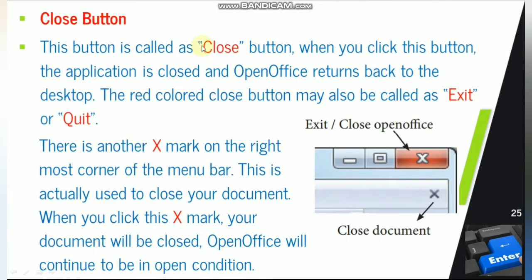And then the close button. You will have two close buttons, so you should be very careful while closing. The red button with the cross mark closes your OpenOffice Writer application. In other terms, it is called your exit button. What you see below the exit button is your document close. Clear? See, I will show it.